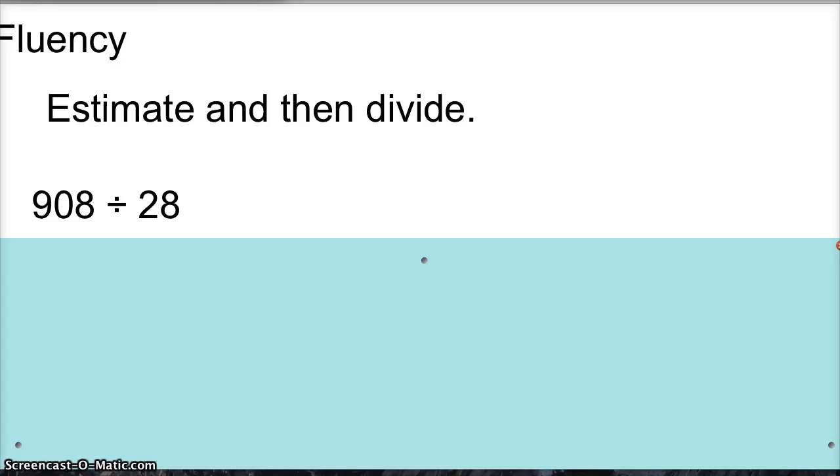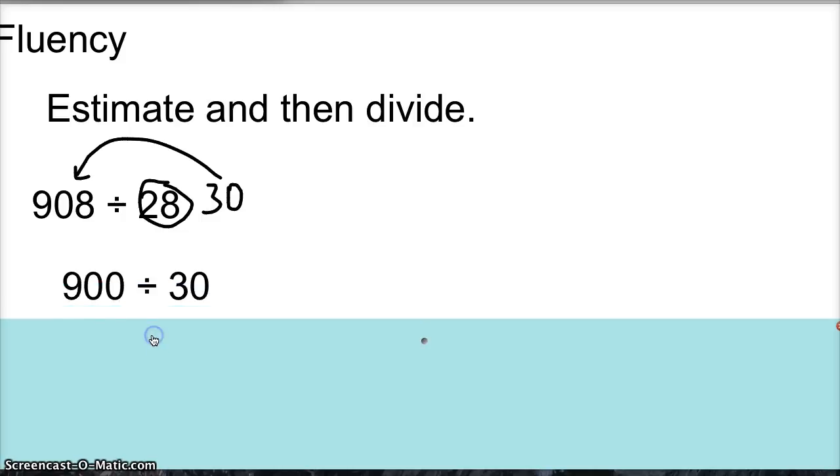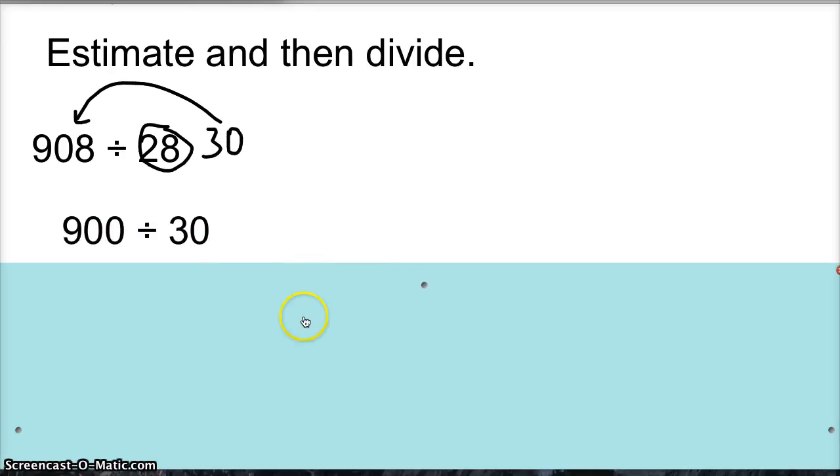Okay, if I was going to estimate this, the very first thing you want to look at is the quotient, this number I'm dividing by, and 28 is pretty close to 30, so that's what I would round that to. And then I'm going to look at the other number and see what's a multiple of 30 or 3 and pretty close to 908, and I would round that to 900. So now my problem is 900 divided by 30, and I'm going to split that up again